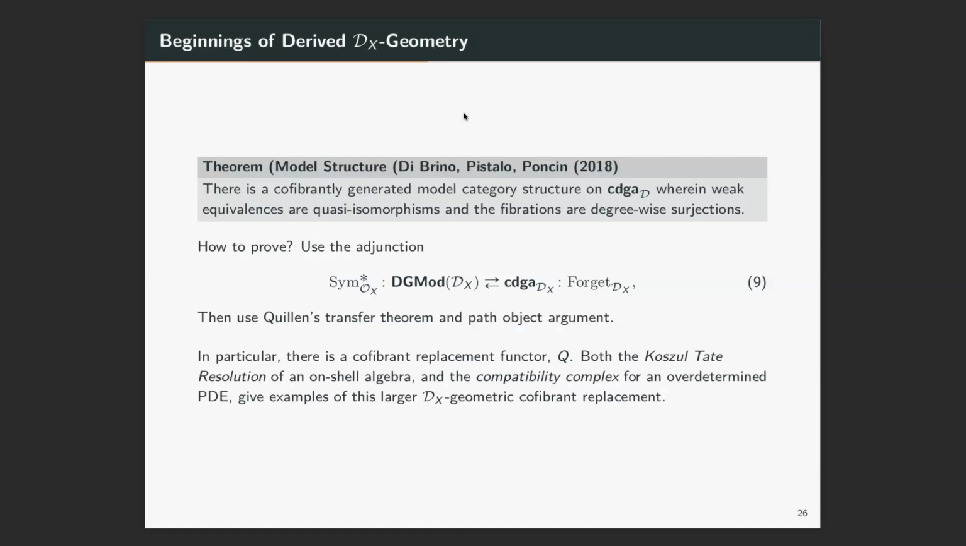They proved there's a cofibrantly generated model category structure on CDGA, so commutative differential graded algebras over D. And they took global sections of D. They restricted to affine varieties, X, and to global sections. This can actually be